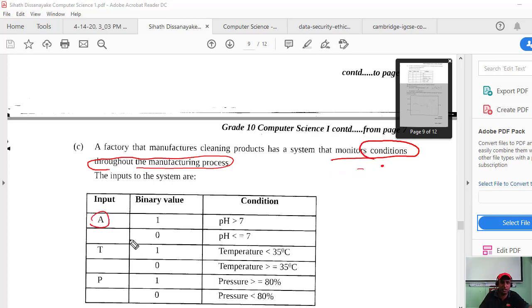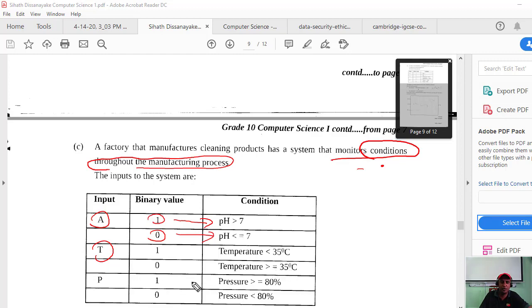First, input A has two binary values, 1 and 0. 1 means pH value greater than 7, 0 means less than or equal to 7. Then the temperature: binary 1 means temperature less than 35, 0 means greater than or equal to 35 Celsius.